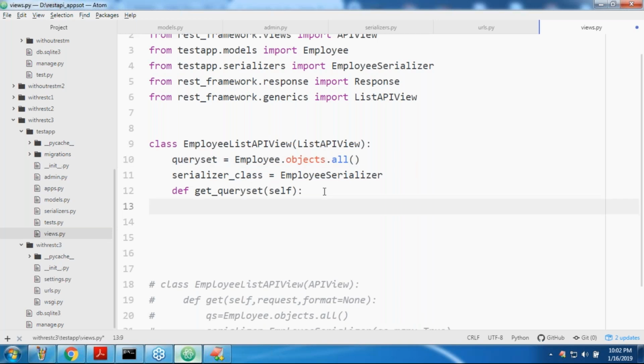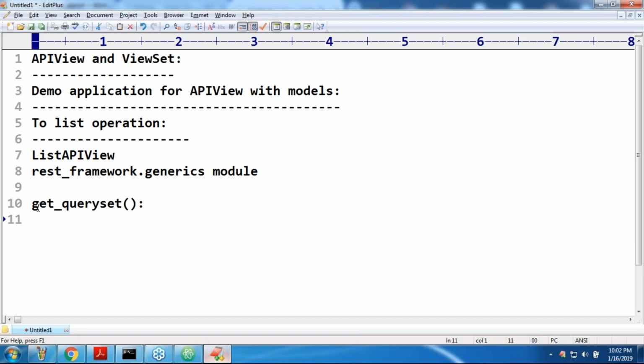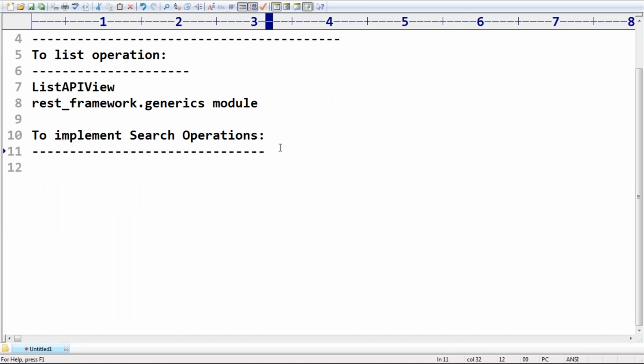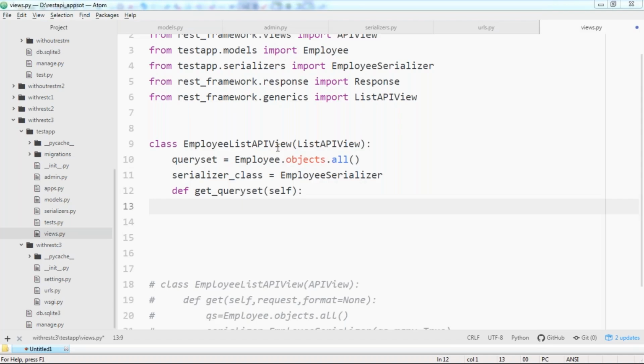It is very simple terminology. To implement search operation, I'm overriding the get_queryset method. So first get the queryset: Employee.objects.all.